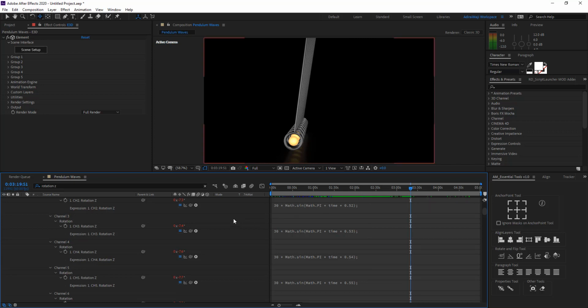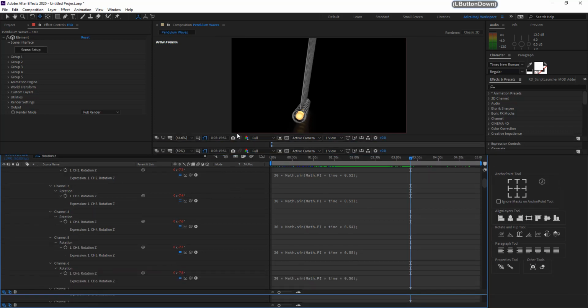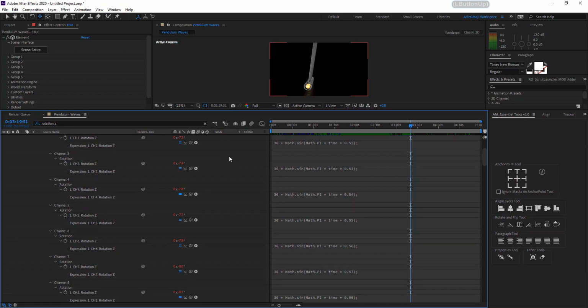Once you get it here, you need to expand and go frame by frame by pressing the Page Down button on your keyboard. If you don't have a Page Down button, you can press Control right arrow. You can see all these numbers getting to 0 at some frame. You need to find that frame. Now it all turned to 0. Now these values are all 0. It is resting in the same position where we started.